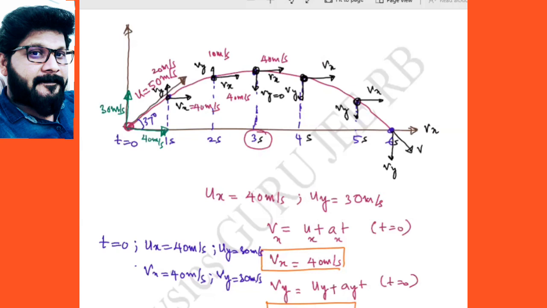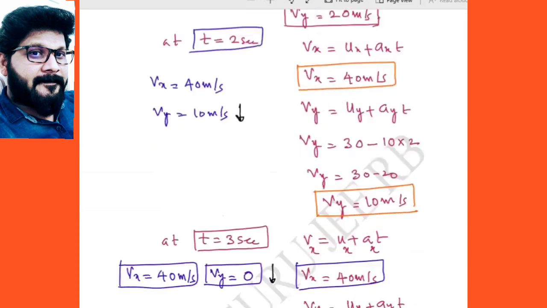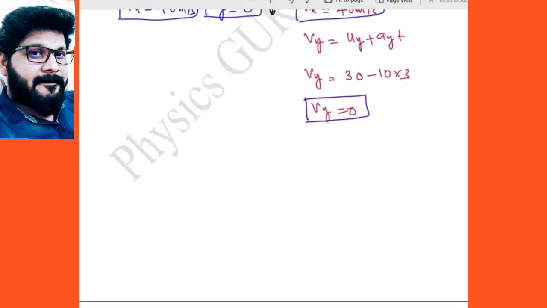So 3 seconds might be the time of ascent. Let us check it, because if we want to reach maximum height, what is the formula? What is the time of ascent? Time of ascent is the time taken to reach maximum height of the projectile motion. So let us check whether it is the time of ascent or not. We know the formula for time of ascent. Can anybody tell what is time of ascent? Time of ascent is u sin theta divided by g, right? This is nothing but time of ascent, right?